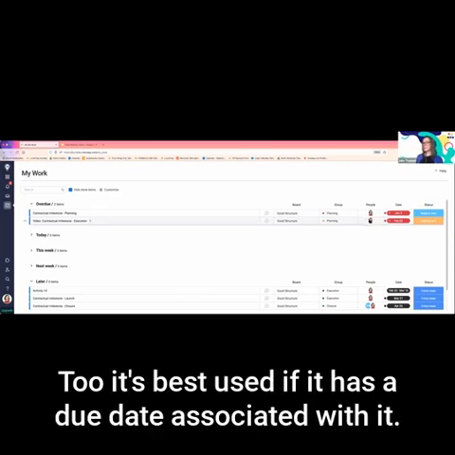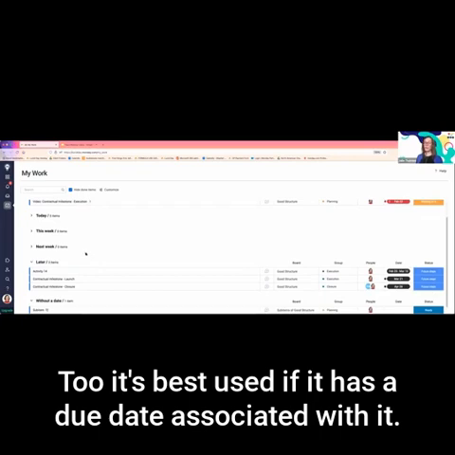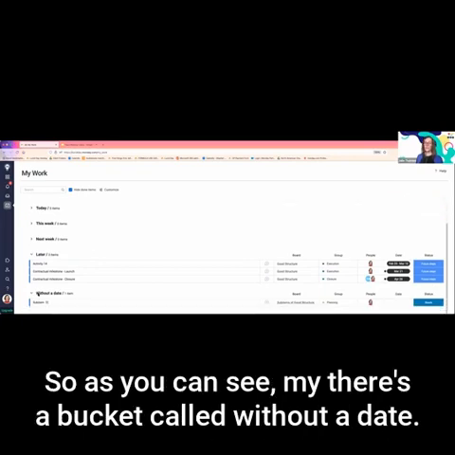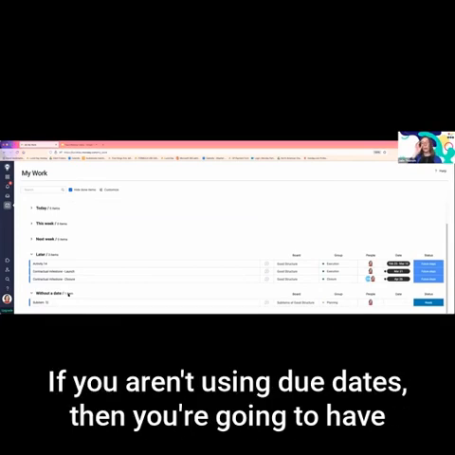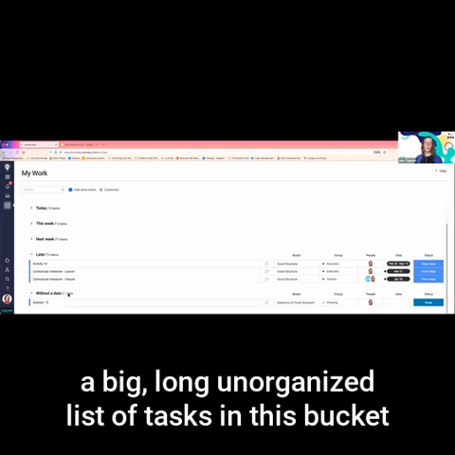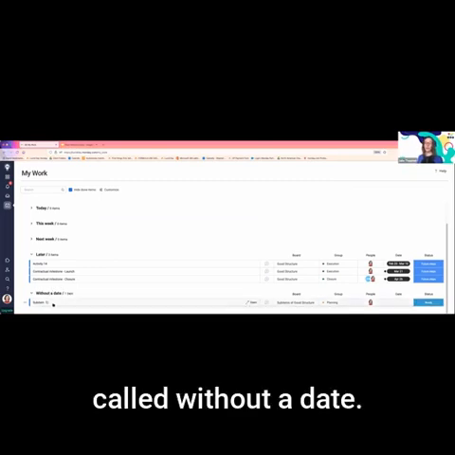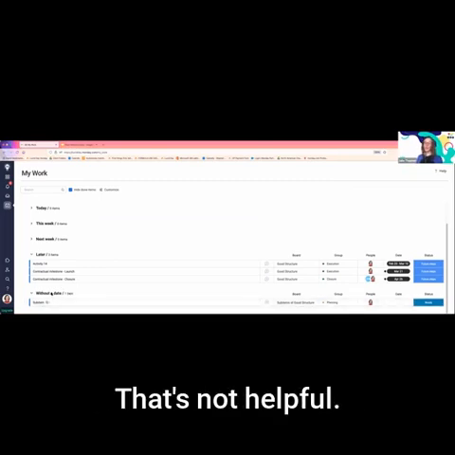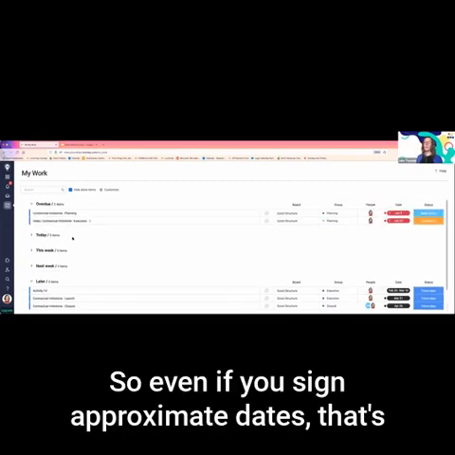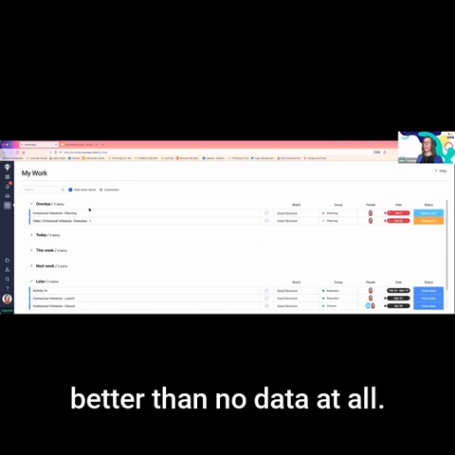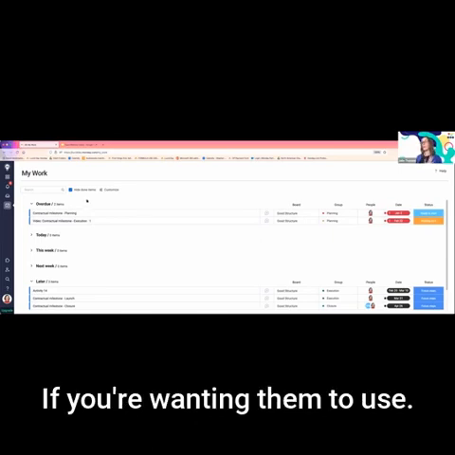Two, it's best used if it has a due date associated with it. So as you can see, there's a bucket called Without a Date. If you aren't using due dates, then you're going to have a big, long, unorganized list of tasks in this bucket called Without a Date. That's not helpful. People won't do the tasks. So even if you assign approximate dates, that's better than no date at all